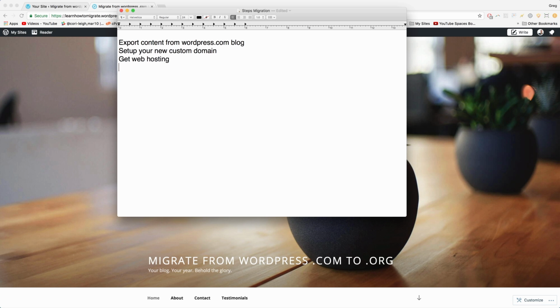All right, once we get web hosting, we're going to install WordPress.org onto that new domain name and web hosting. That part's really easy. Just do it with one click. Again, you don't need to know any tech stuff. You don't even need to know a lick of code. None of that. After we install WordPress.org, we're going to do the housekeeping steps, which are just to make sure